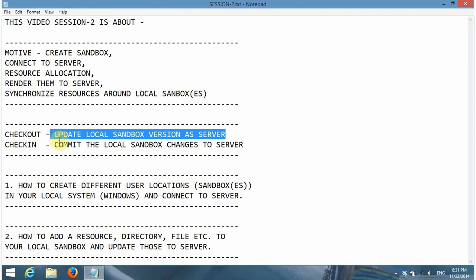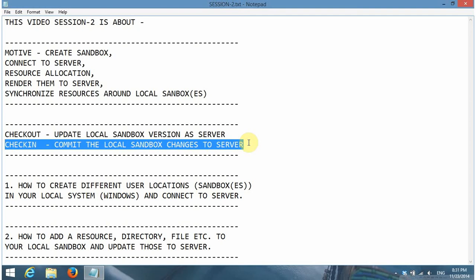Okay, and the second term is check-in. Check-in means the changes you have made to your resources in your local sandbox, you have to commit those changes, meaning commit the local sandbox changes to the server. Okay, and at first